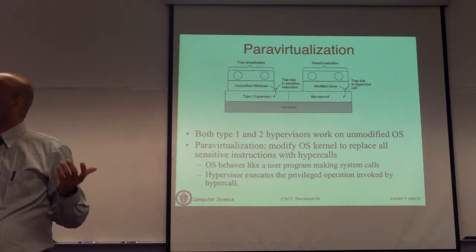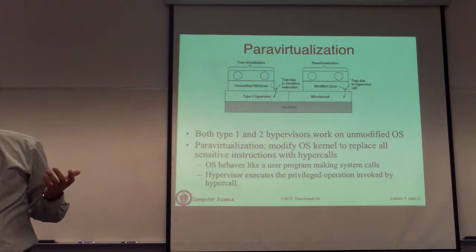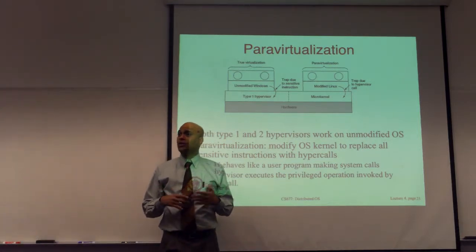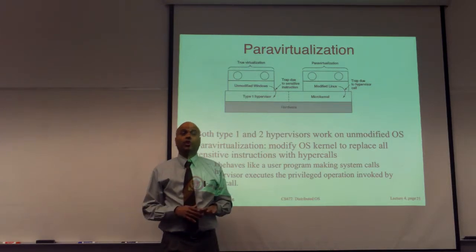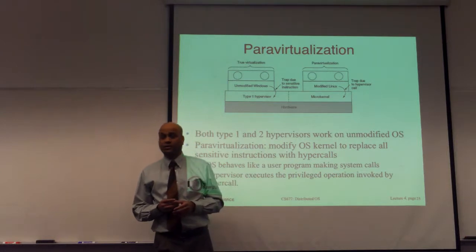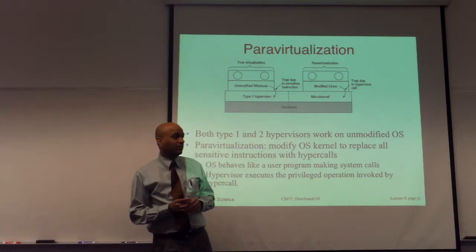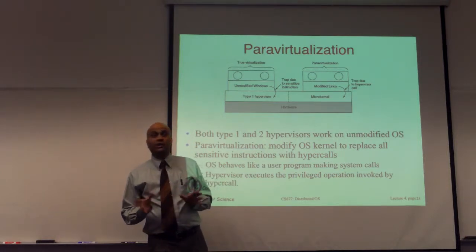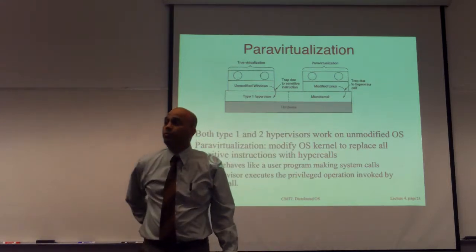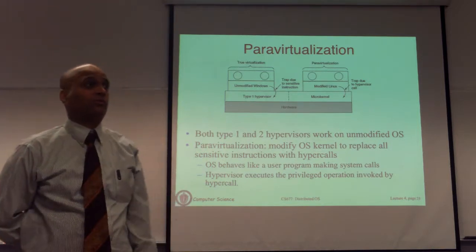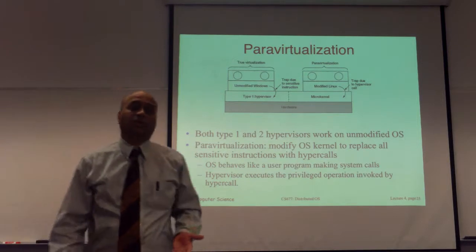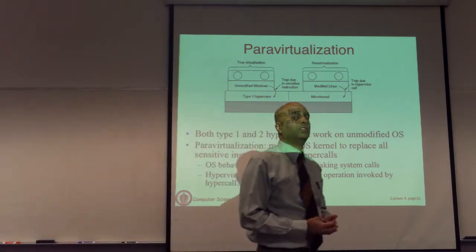Okay? So here, as you can imagine, you don't have to do binary translation. You have just made this code, this programmer has gone and made these changes, you compile the kernel, so there should not be any performance penalty of doing binary translation. So this was going to be more efficient if implemented this way. Okay? So in either case, the operating system that runs in the VM is not allowed to do privileged operations. Somehow the hypervisor has to do it for the OS. Okay? So in one case you do this at runtime, in another case you do this by changing the code.